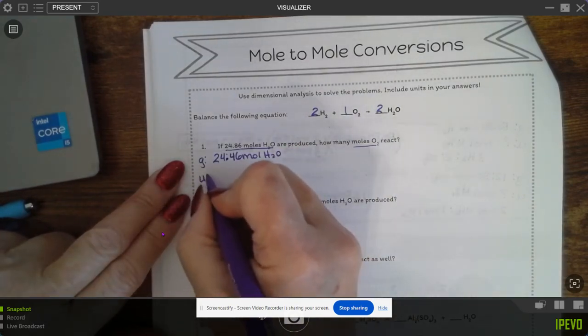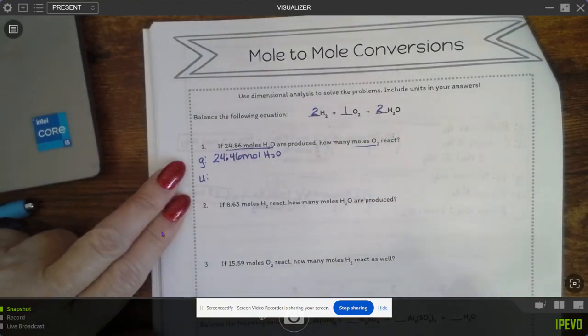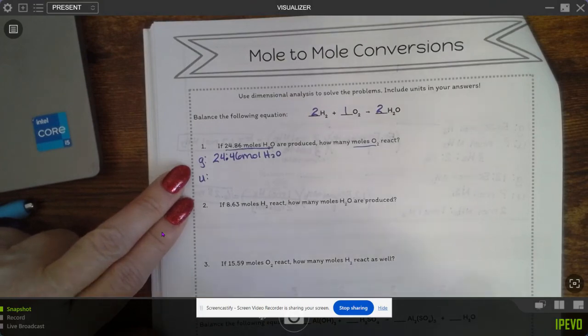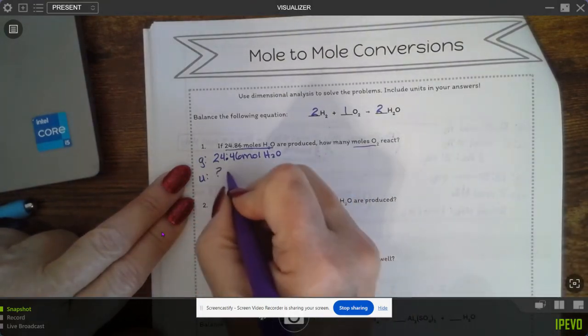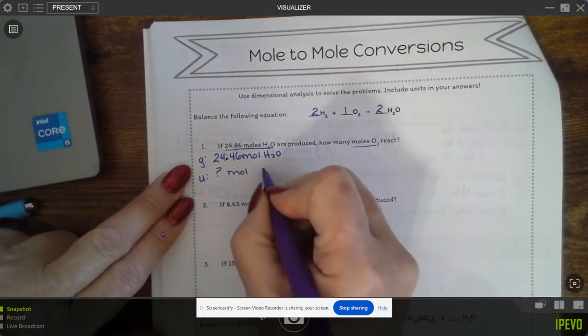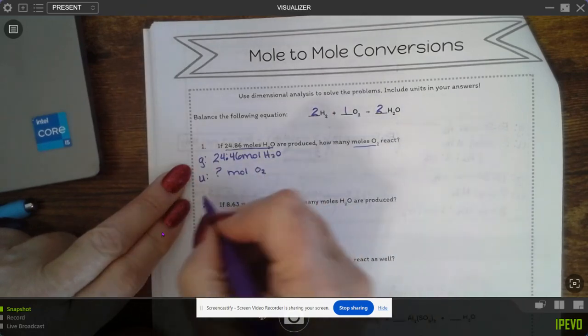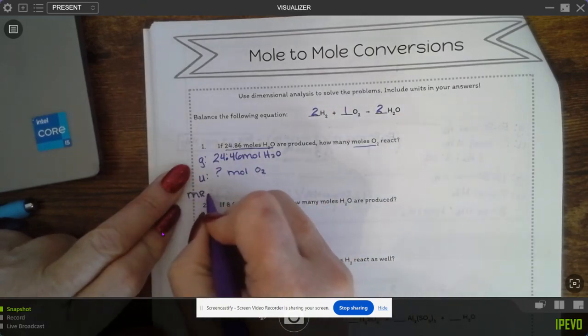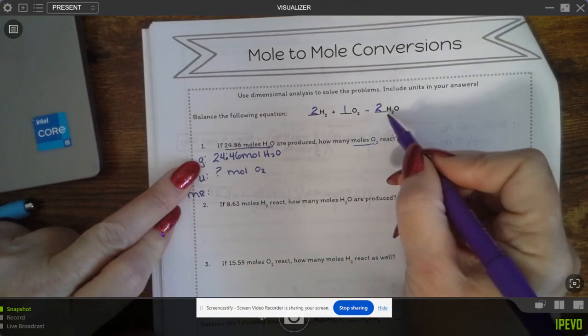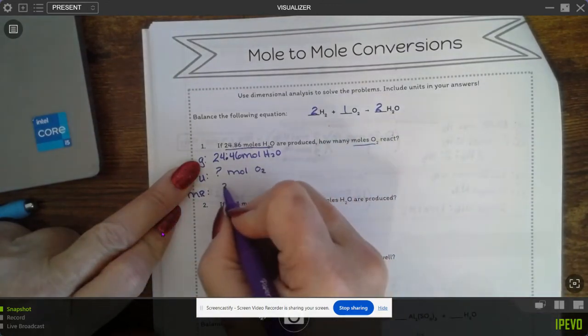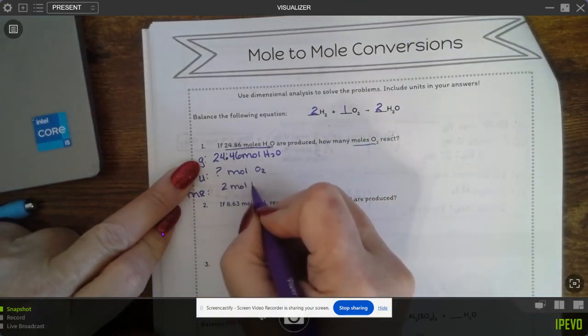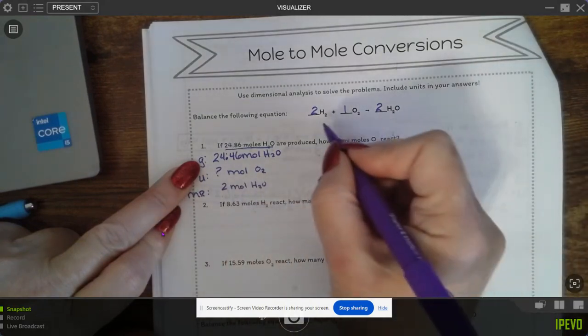I'm just doing it so that as you're learning, you can go back and look and I can explain where the things come from. So we're looking for moles of O2. So again, my mole ratio that I'm going to look for would be moles of H2O. So 2 moles of H2O to 1 mole